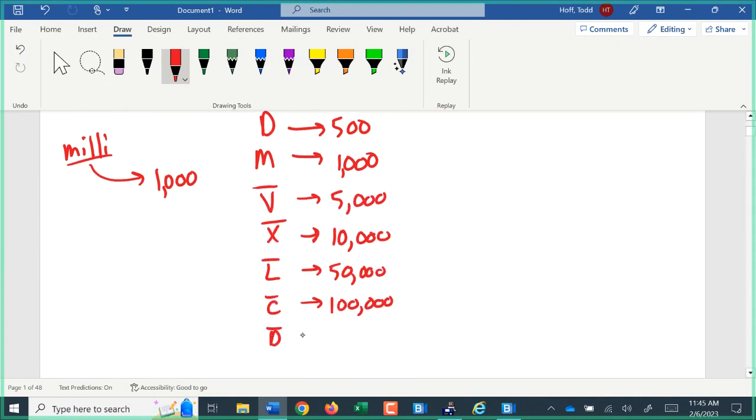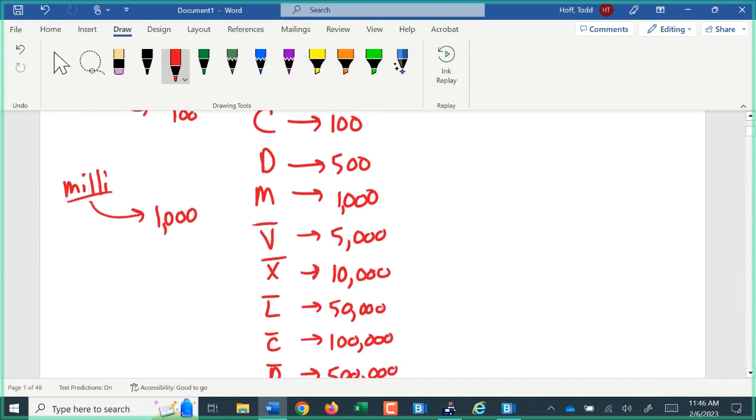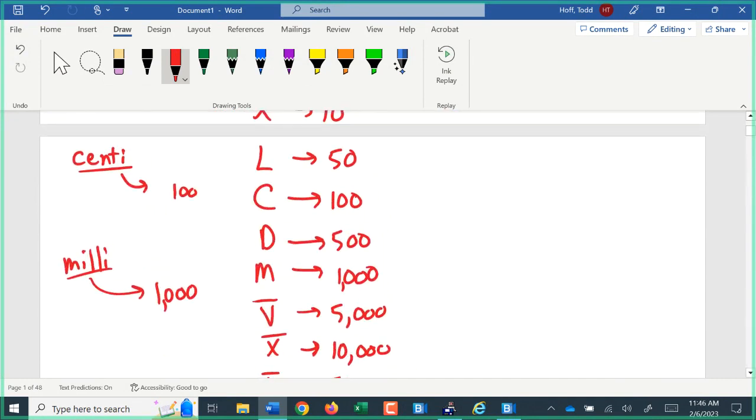D with a bar was 500,000. And then, of course, M with a bar was 1,000 times 1,000, or 1 million. And so 1 million was the largest digit. I mean, in the Roman times, comprehending something larger than 1 million was almost an incomprehensible size for them. So where the relative position place value comes